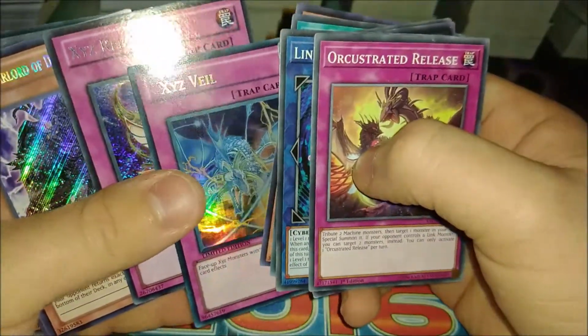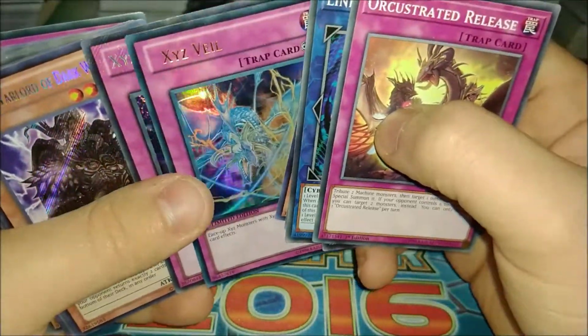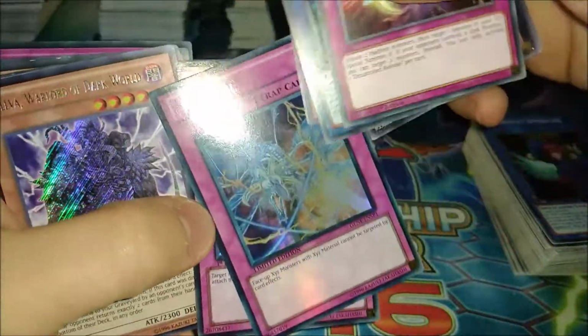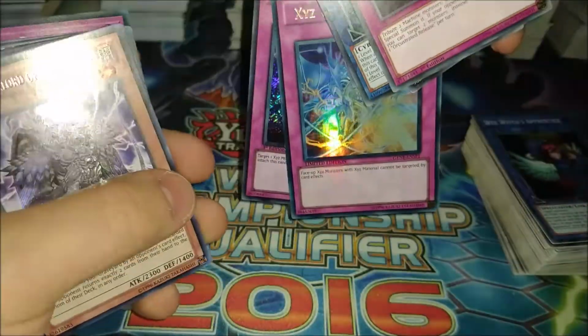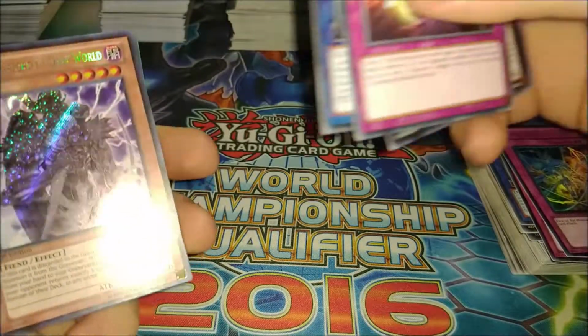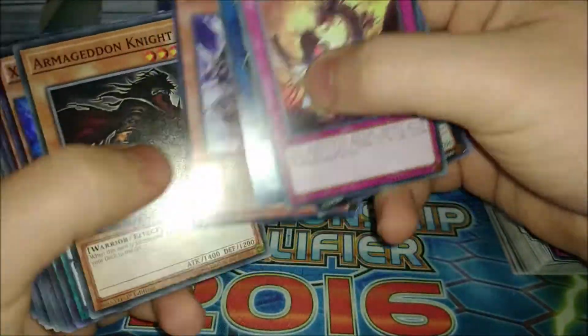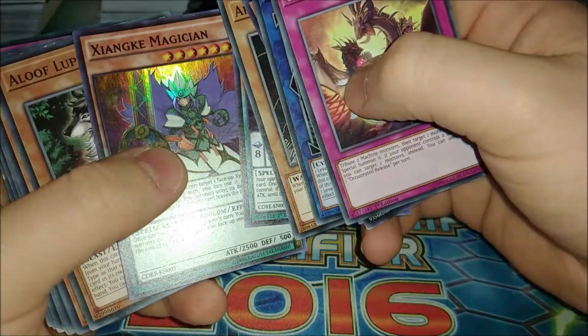So Ixie Reborn and Ixie Veil are optional. I can maybe keep them for now, because they both are pretty good. Not really strong, but at least pretty good. I will put them right in here. So Silva, Armageddon Knight, this is the both Xiang,